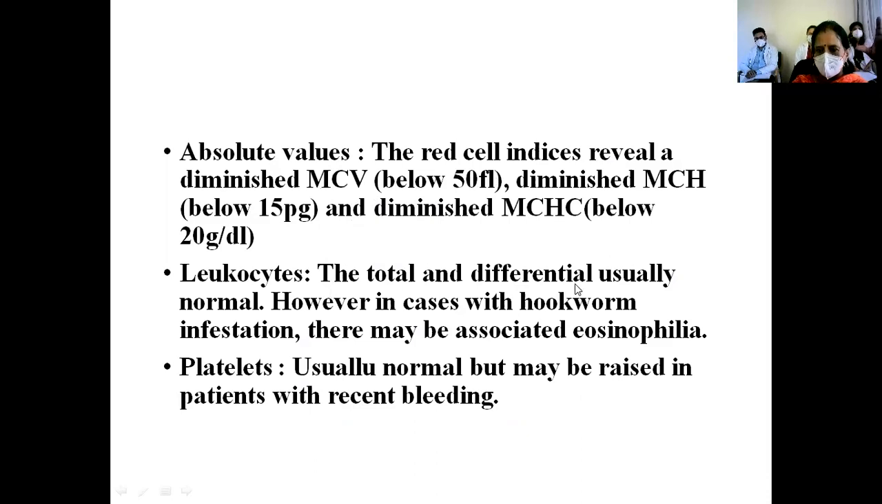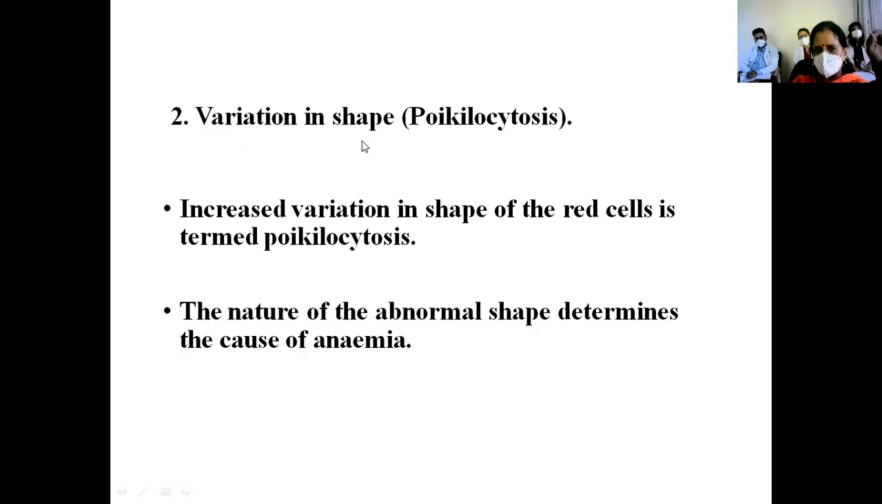In the total and differential count, as a repetition, the WBC count could be normal or slightly increased. But remember, if there is eosinophilia, treat the patient for associated parasitic infection. Platelets are usually normal, but they're raised if there is recent hemorrhage. There is poikilocytosis, could be severe or moderate. So that is about the important features of